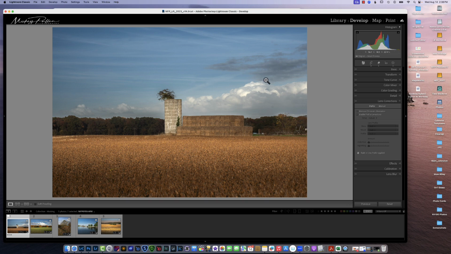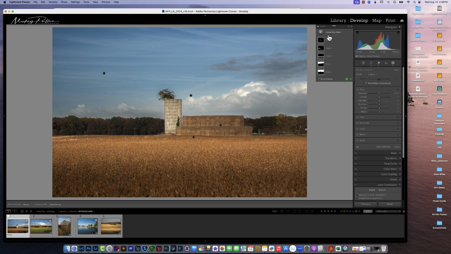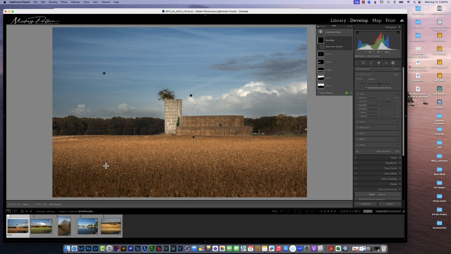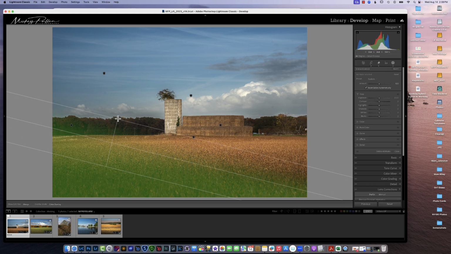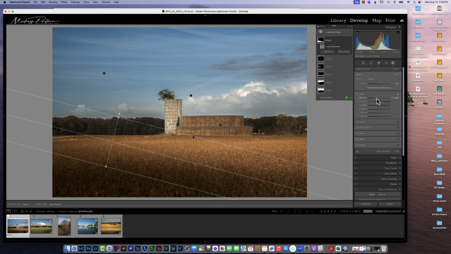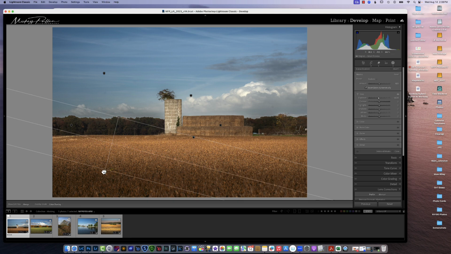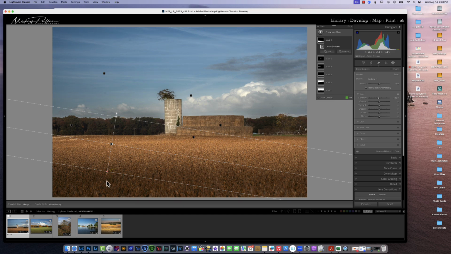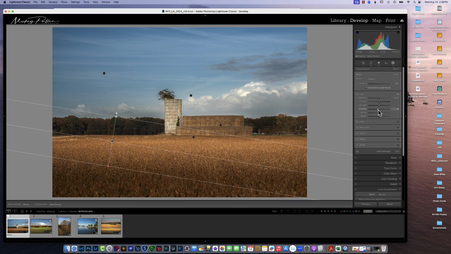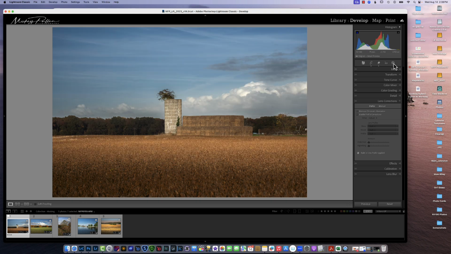Now if we wanted to do just a little bit more in this area, we could put in another linear gradient, say right like this, and turn that down just a little bit, because I don't like all the light that's coming in this area. I want it to be more along here like this. So I'm going to turn this down just a little bit. So if we turn down the shadows, I want it more of an angular light. So now if we look at before and after,